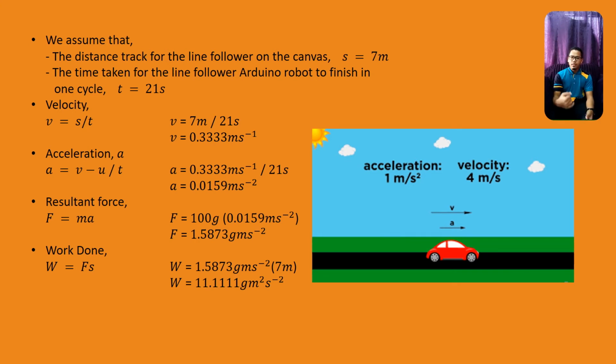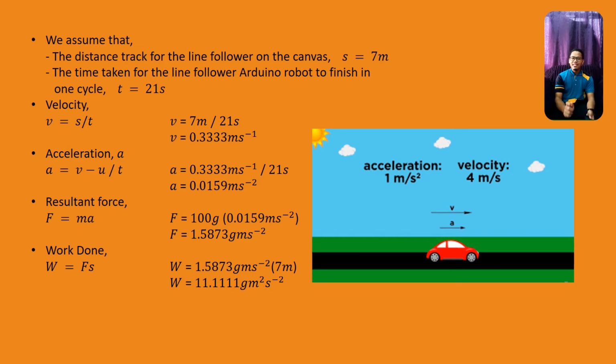Therefore, we get v equals 0.333 meter per second. Next, the acceleration a is equal to v minus u over t, where a equals 0.3333 meter per second divided by 21 seconds, so we will get acceleration a equals 0.0159